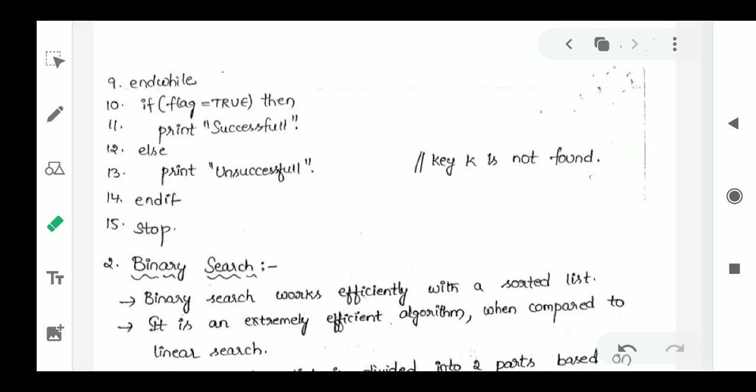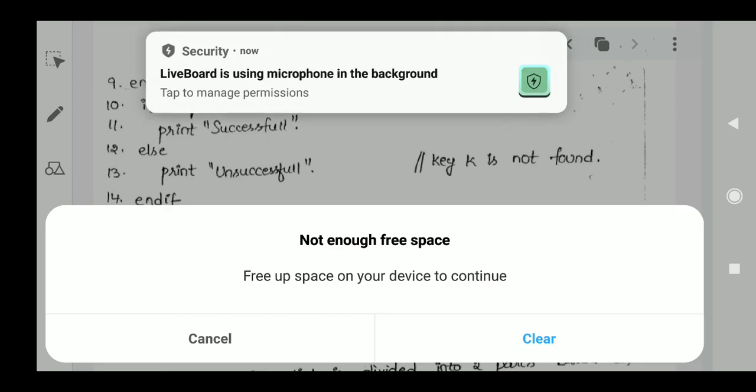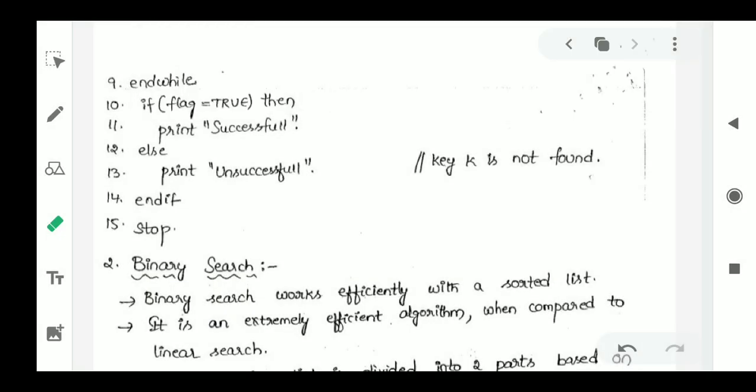So we have discussed two concepts: linear search using array and linear search using linked list. What is linear search using linked list? We will implement the same linked list concept to store the data elements. First, we will start from the header onwards. We will assume the header as pointer, and we will find out what data value is present in the pointer. If the data element is not matched with our key element, we will go to the next element. We will consider the next element as pointer, pointer of link equal to pointer. Like that, we will go to each and every node and verify until our key value gets matched. So this is what I would like to teach you today.